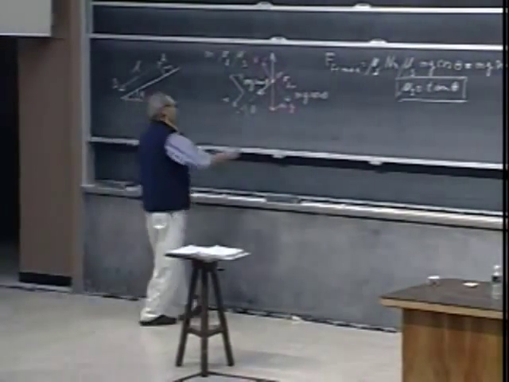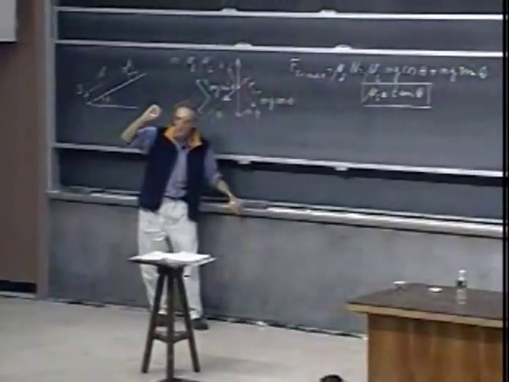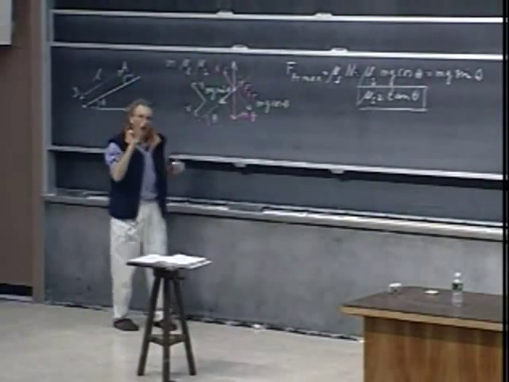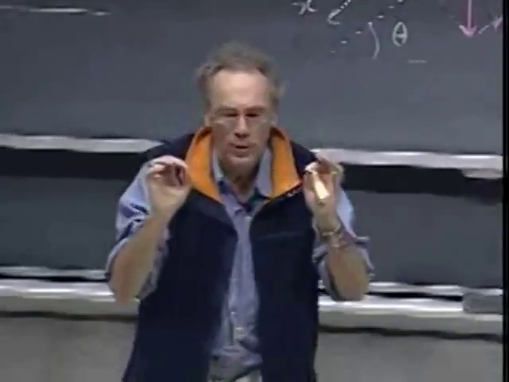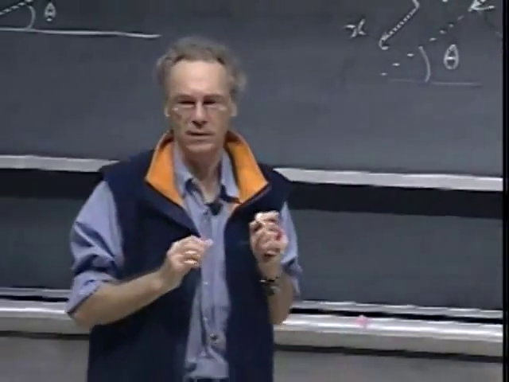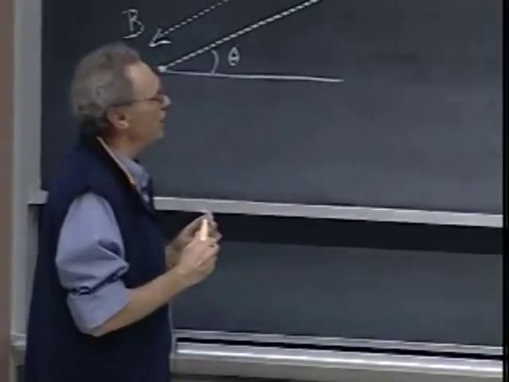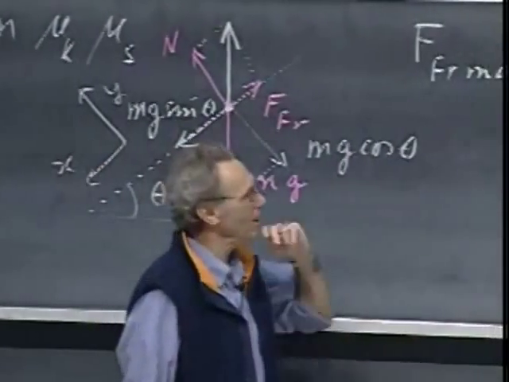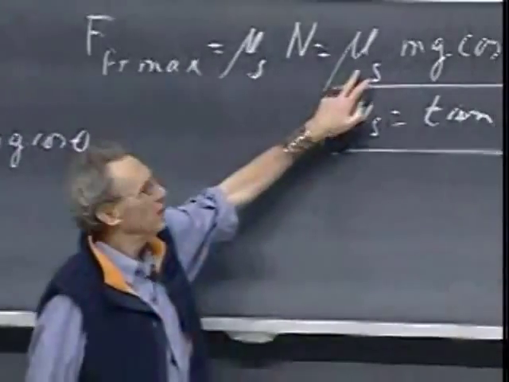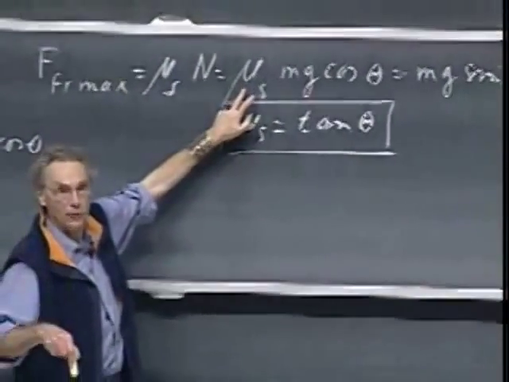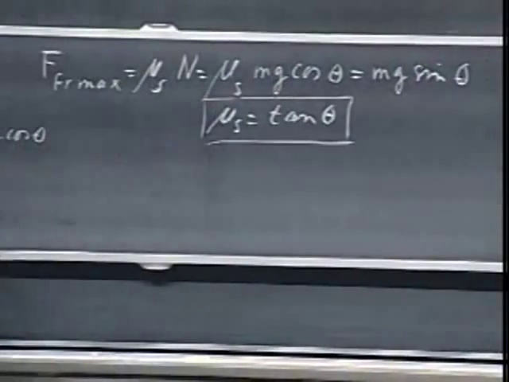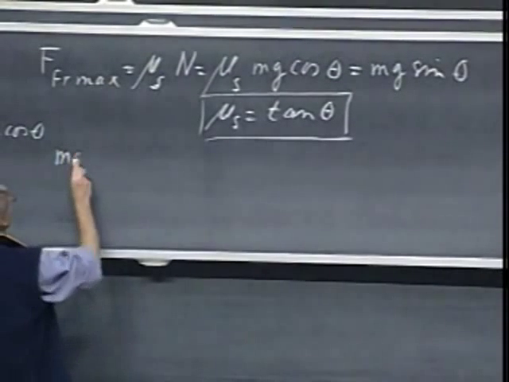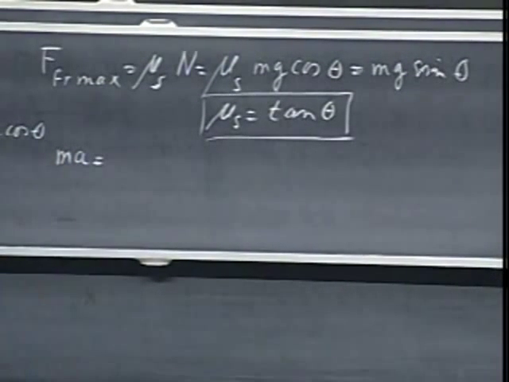Now, at that situation where it's just hanging by its fingernails, so to speak, we touch it very lightly. We blow on it, and it starts to slide. And now I'm interested in knowing what the acceleration is downhill. The reason it will accelerate is that the friction coefficient goes down now to mu k, and so now there is a net force along the slope in the plus x direction. And so I can write down Newton's second law, ma, which is the net force in the